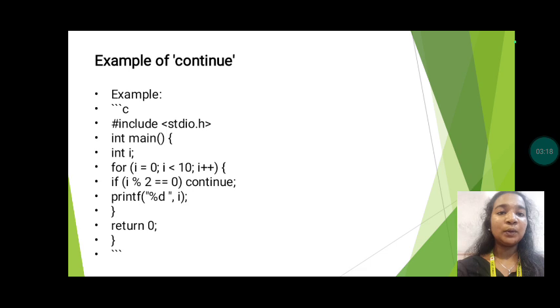Example: #include <stdio.h> int main() { int i; for (i = 0; i < 10; i++) { if (i % 2 == 0) continue; printf("%d", i); } return 0; }